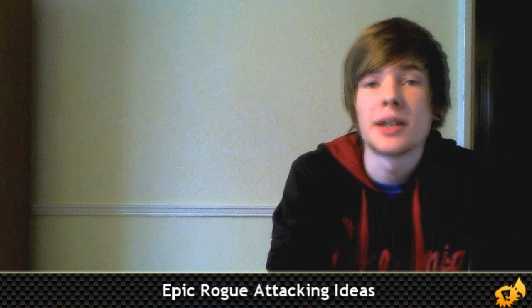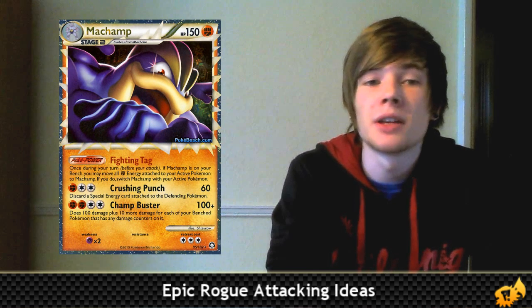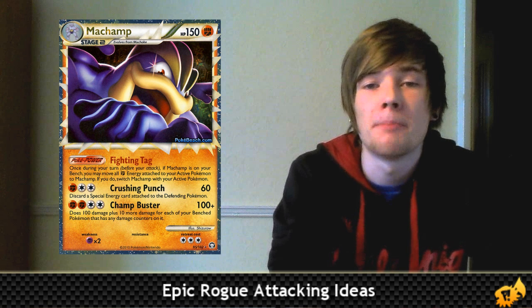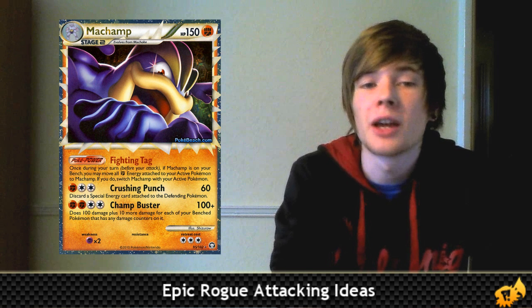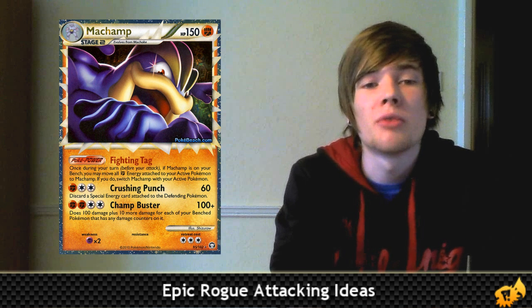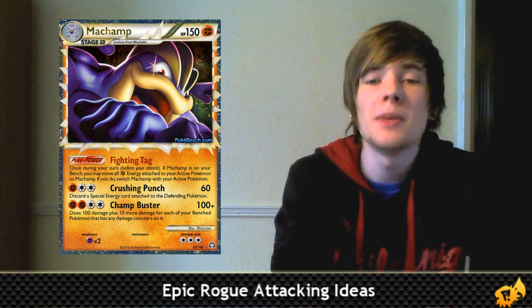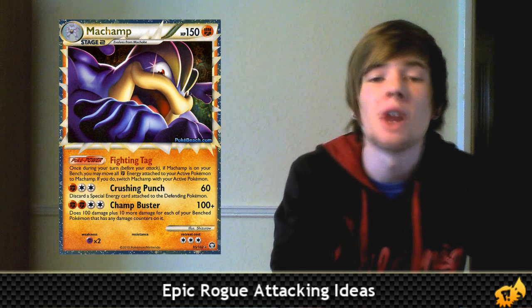The final viable attacker for this kind of deck is Machamp Prime. This guy's attack Champ Buster takes full advantage of damage being on the bench, and with a massive 150 HP of its own, it will also be able to take quite the hit, while Reuniclus moves that damage around. The attack does take quite a few turns to set up, but with the right early game attacker, Machamp could be that big hitter you're looking for to sweep the rest of the field, doing 150 damage to whatever's in